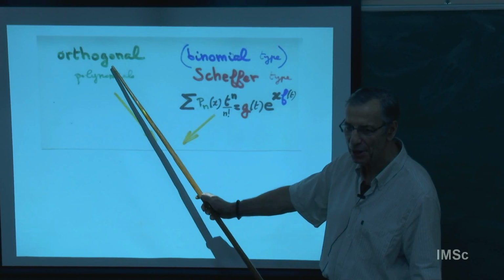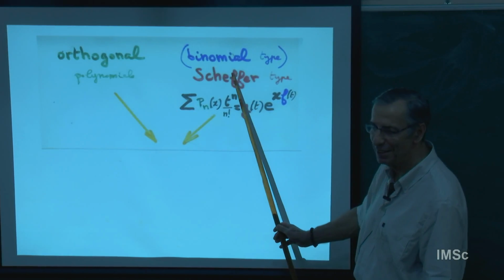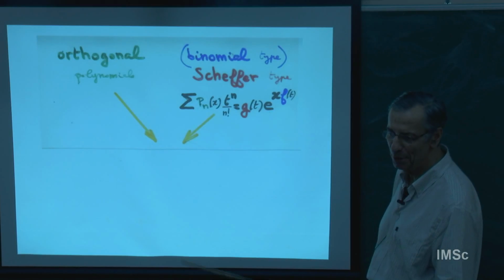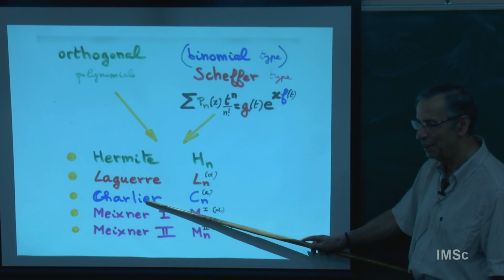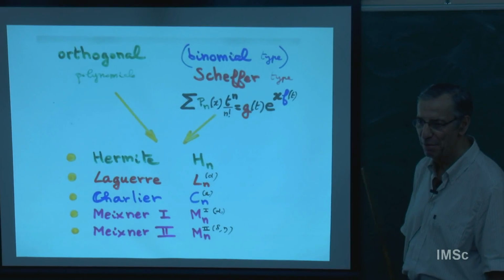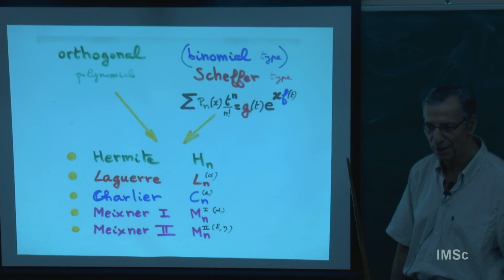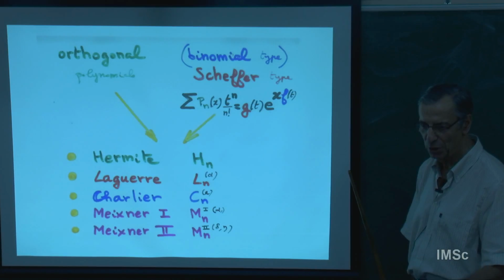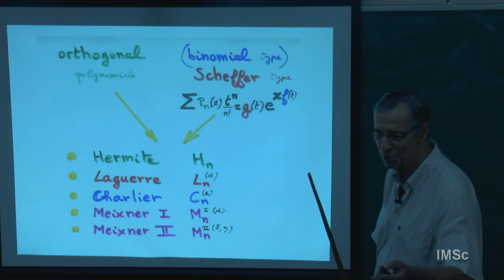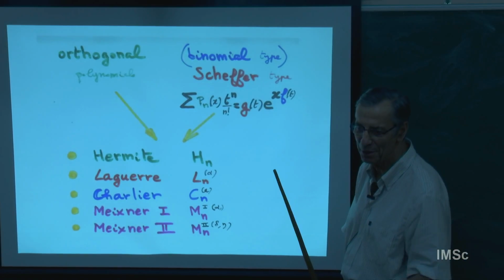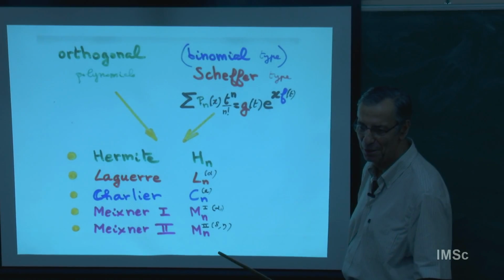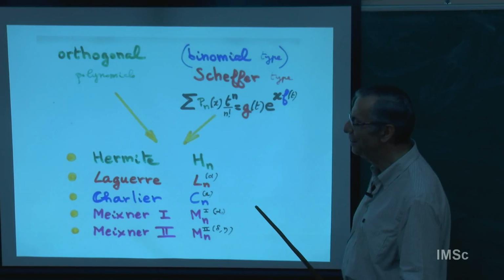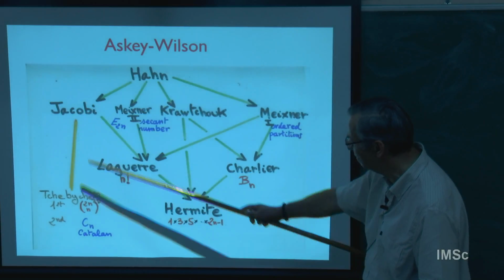Consider the intersection of the class of orthogonal polynomials and the class of Sheffer polynomials. We have seen Hermite and Laguerre. There are only 5 polynomials: Hermite, Laguerre, Charlier, Meixner 1, Meixner 2, which are at the same time orthogonal and Sheffer. So orthogonality is another theory which involves Dyck paths, completely different things. Sheffer polynomials involve exponential structure, and the combination of the two intersects here,